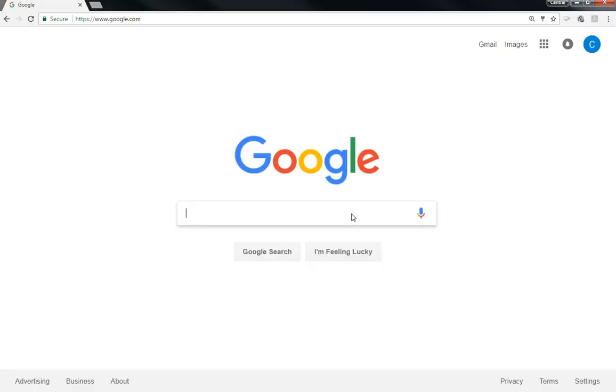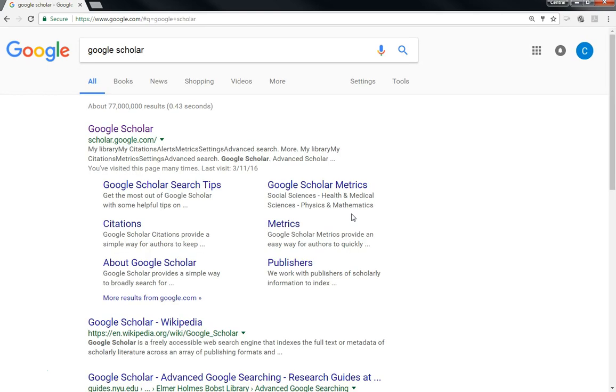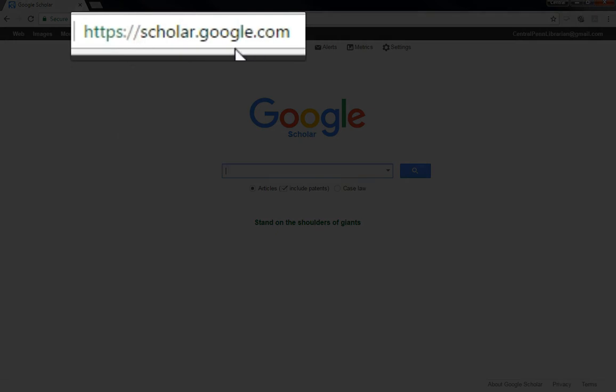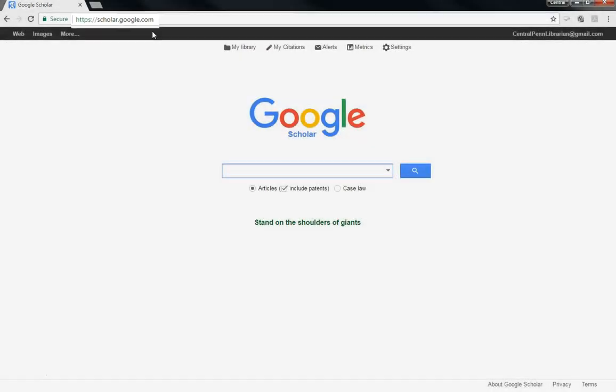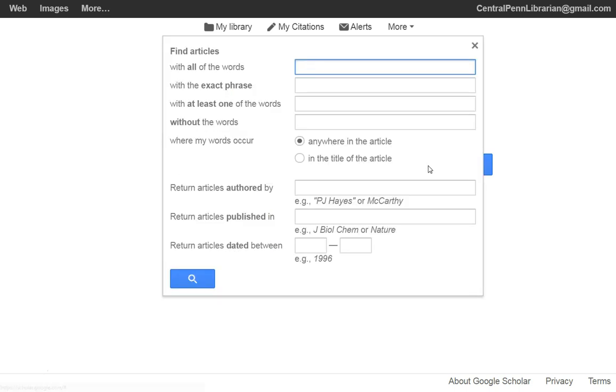You can access Google Scholar simply by typing in Google Scholar, and it will be the very first result. It's also scholar.google.com if you want to go straight to the web address. Now this looks pretty similar to a simple Google search, but you actually do have the option of conducting an advanced search, and you do that by clicking on this arrow in the search bar to get to the advanced